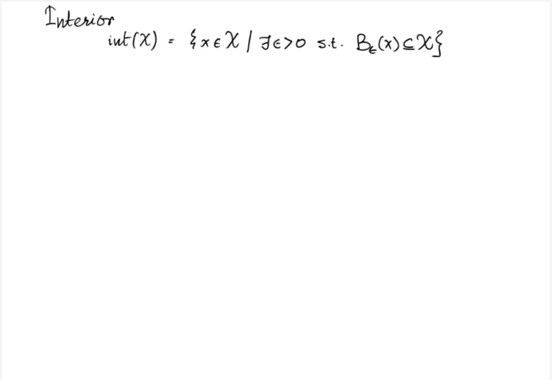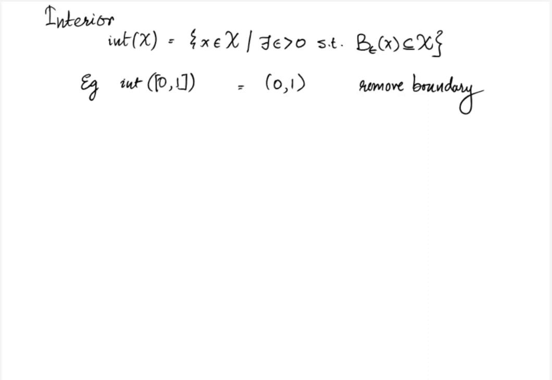We said that open sets are those in which we can move around in the neighborhood of x but still stay inside calligraphic X. The interior of the set is therefore trying to find the largest open subset of X. For instance, the interior of a closed interval [0, 1] is the open interval (0, 1). Intuitively, you can think of it as removing the boundary points of a set, if any, and making it open.